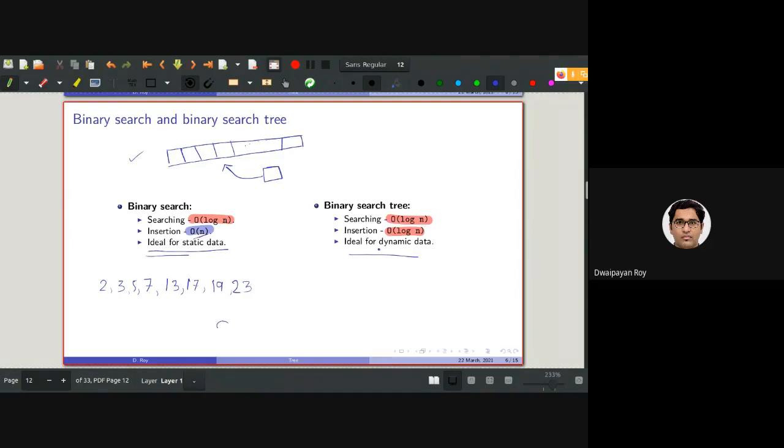Now, if I add, say, 11 here, this 11 should be inserted between 7 and 13, which are already stored in the array.